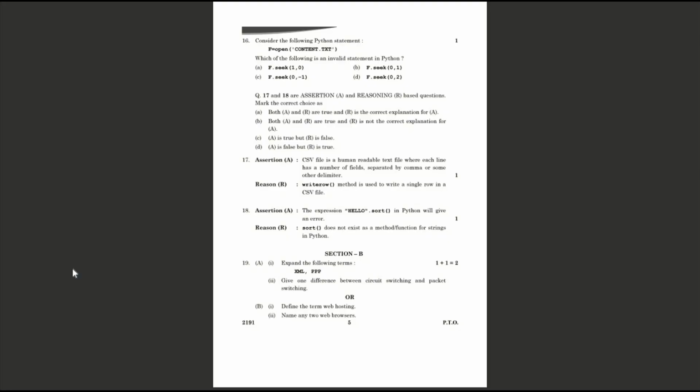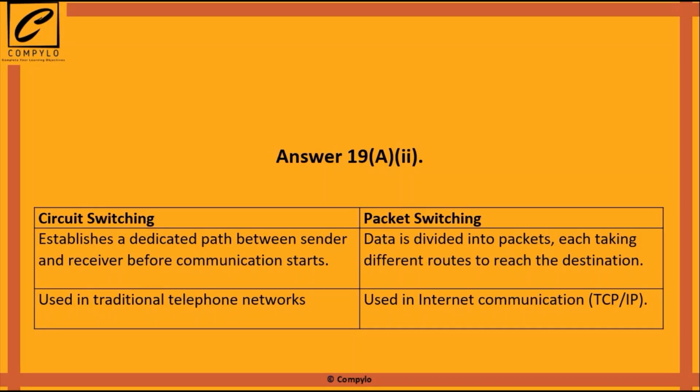The second part of question 19A is: give one difference between circuit switching and packet switching. There are assorted differences. Circuit switching establishes a dedicated path between sender and receiver before communication starts, whereas in packet switching, data is divided into packets, each taking different routes to reach the destination. Circuit switching is used in traditional telephone networks, whereas packet switching is used in internet